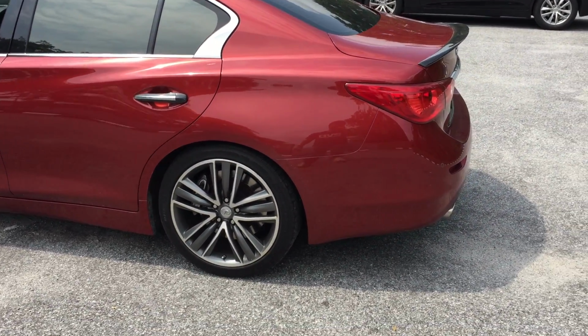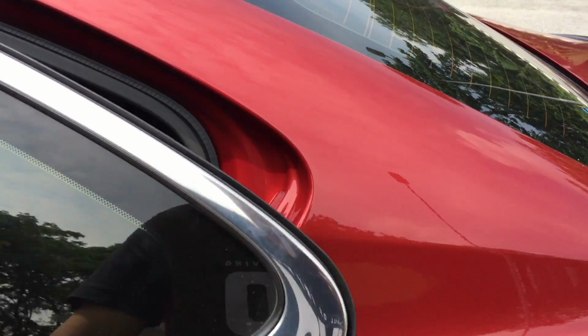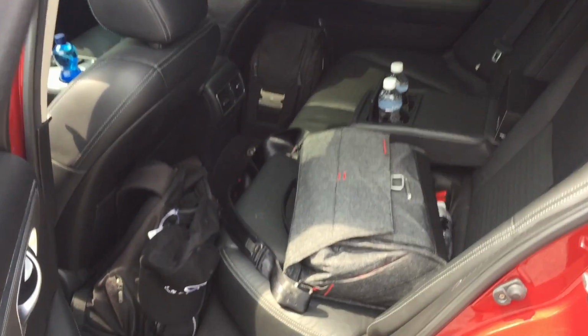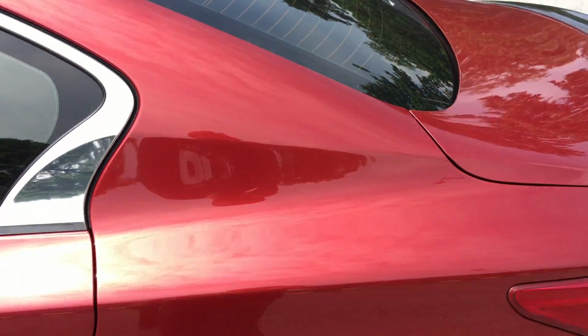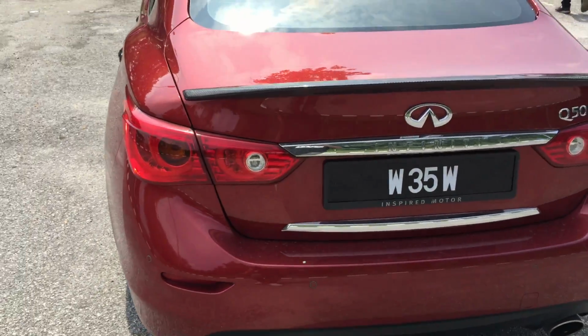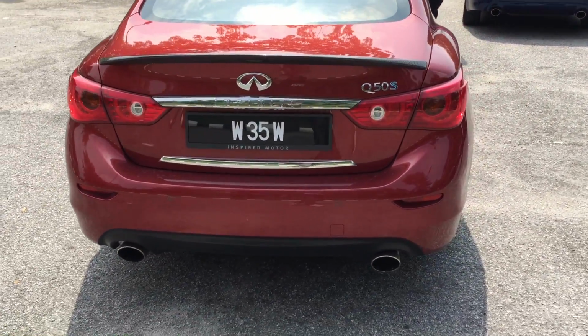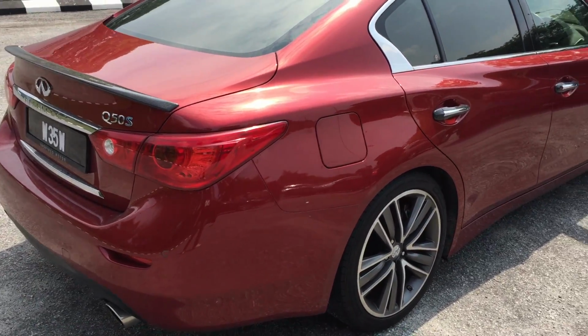Decent interior room. Of course, it's a 3 Series competitor. Of course, sorry lah. All our bags are in there and all that. So it's still a good looking car. Q50's dual tail pipes, and then